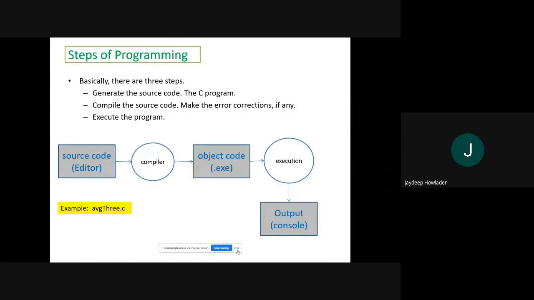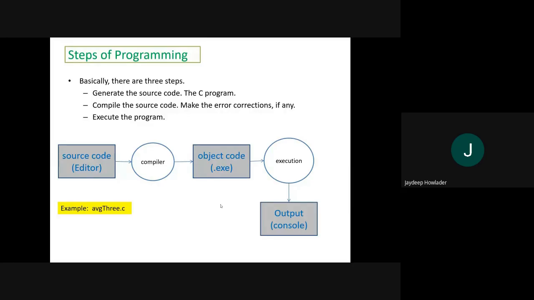So in our last class, we discussed what the basic requirements are for executing a code. First we have to write a source code, like in the C programming language. Then we have to compile the source code into an object or executable format, and then this executable is taken care of by the computer, and it executes the program, and finally we get the output.